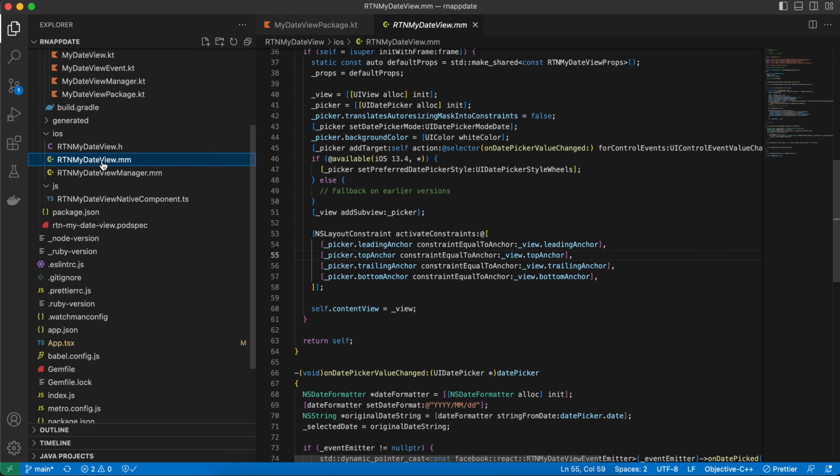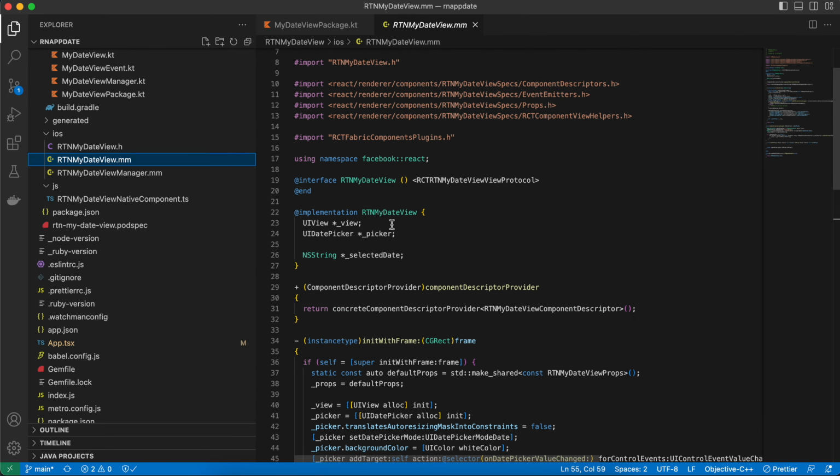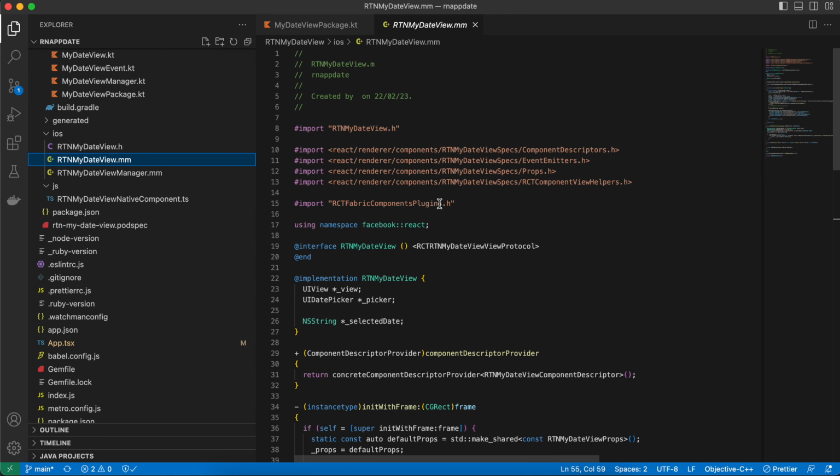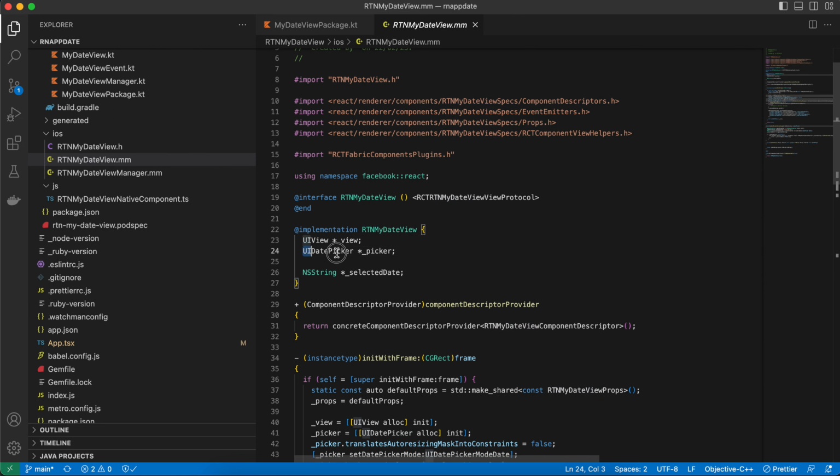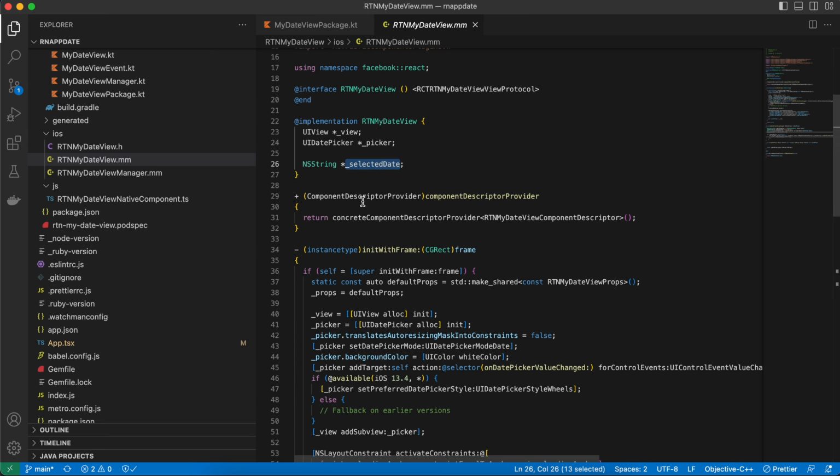Next, rtn my date view is the main file where we would be writing the calendar view or the date view code. So most of it is copied from documentation. So everything till here has been copied from documentation, only thing that has been changed is the file name. So be careful with this file name which I'm pointing to, over here as well, over here as well, and over here as well. Then we are taking a UI date picker, and we are taking a string, so that whatever date has been picked would be assigned to this string and would be returned back to the React Native side. Then we are giving a component description provider, again copied from the documentation, only this thing will be